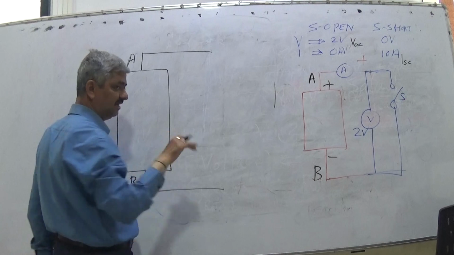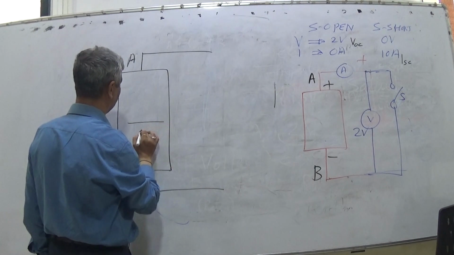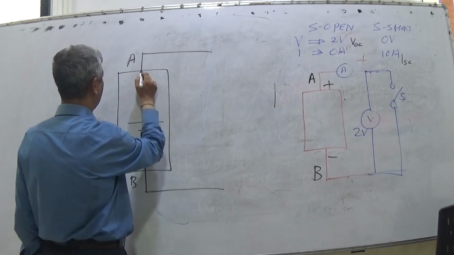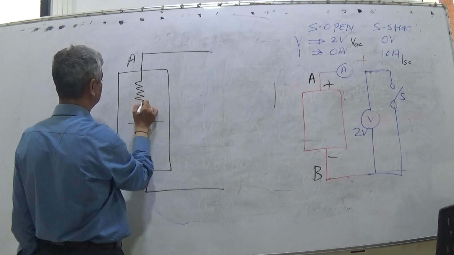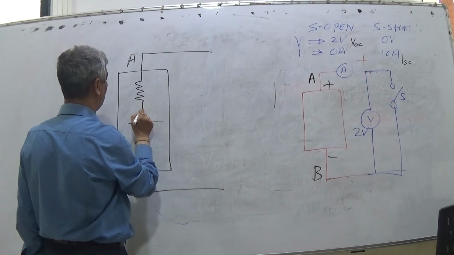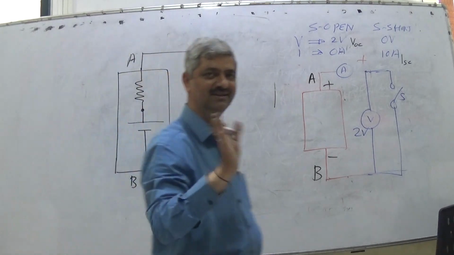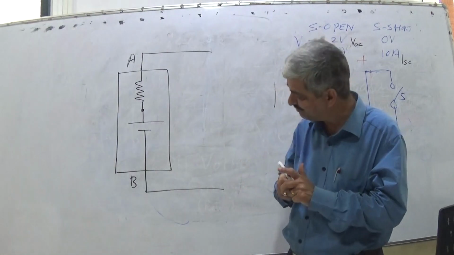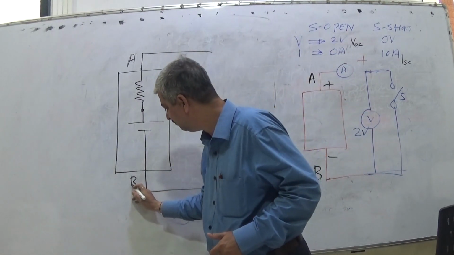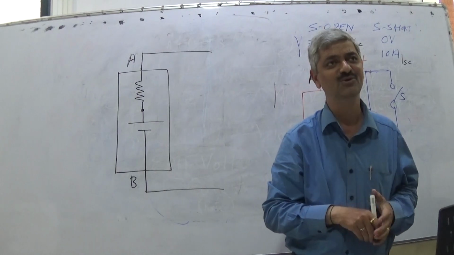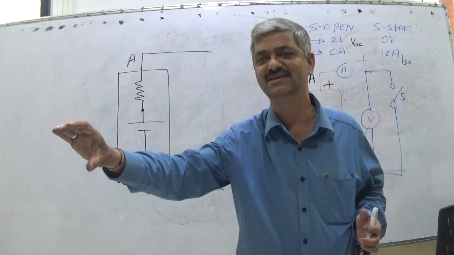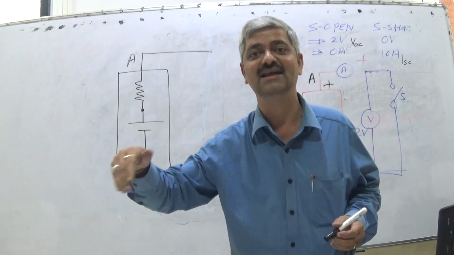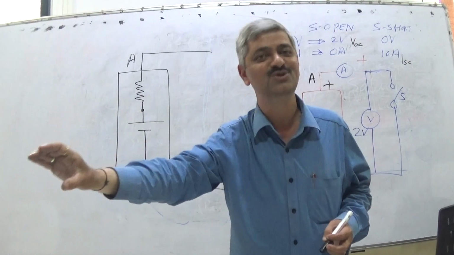So I give you a hint. Inside A and B there is one ideal voltage source and one series resistor. And this point is inaccessible. You can't access this point because ideal things are not available in the world. Whoever comes to you, you meet a few people and say, oh, this person has this good characteristic. Can I extract this only? No. It comes with their other aspects. So only the good you can't extract.